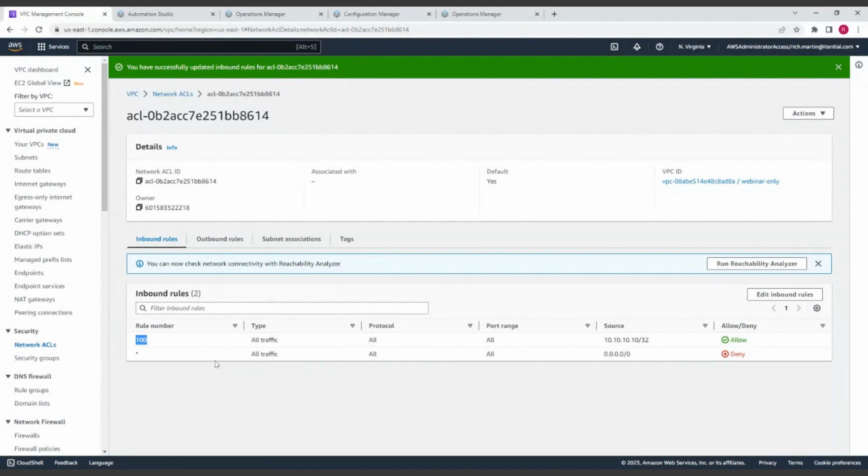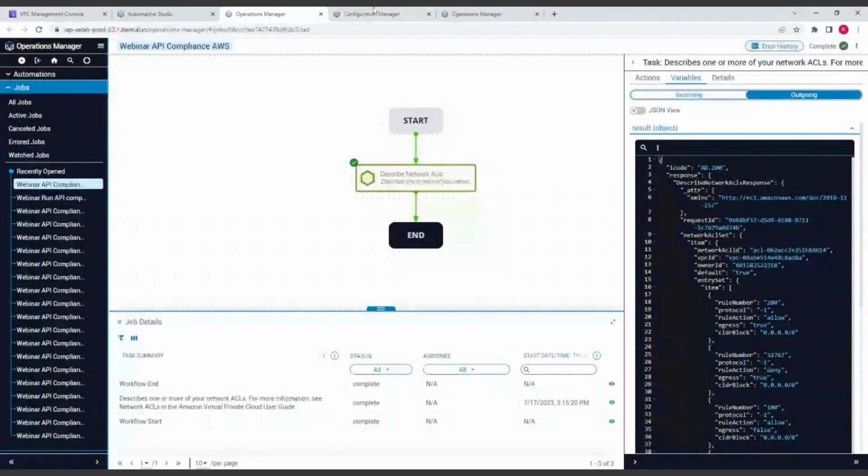So instead of element 2, which doesn't make sense within the application, now I can reference the rule number that was part of that element. And that tells me immediately, aha, this is the problem. And I can go in and fix it. Or yeah, you could run this in an automation and automatically remediate it using that information. Okay, so